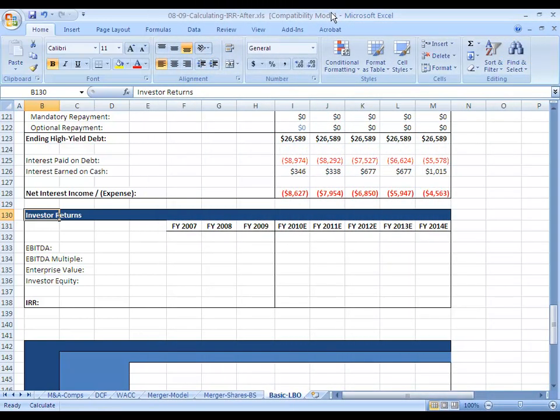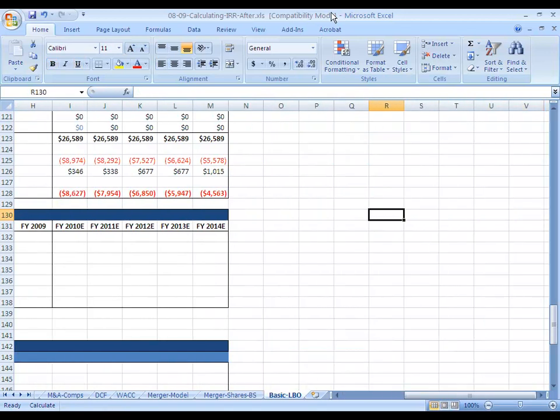In this lesson, you're going to learn how to calculate the return, the IRR, internal rate of return, in an LBO model. Now, the reason this is so important, going back to our house analogy in the beginning, is that if you go and buy a house for $500,000 and then sell it for $600,000 after paying off a certain amount of debt each year,